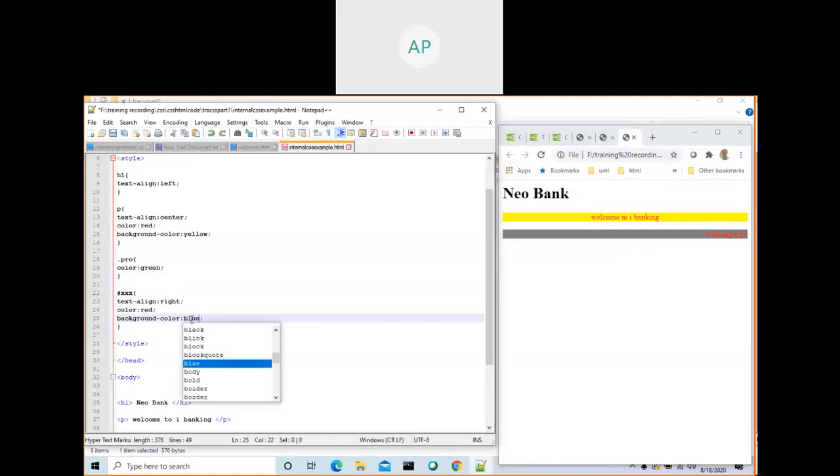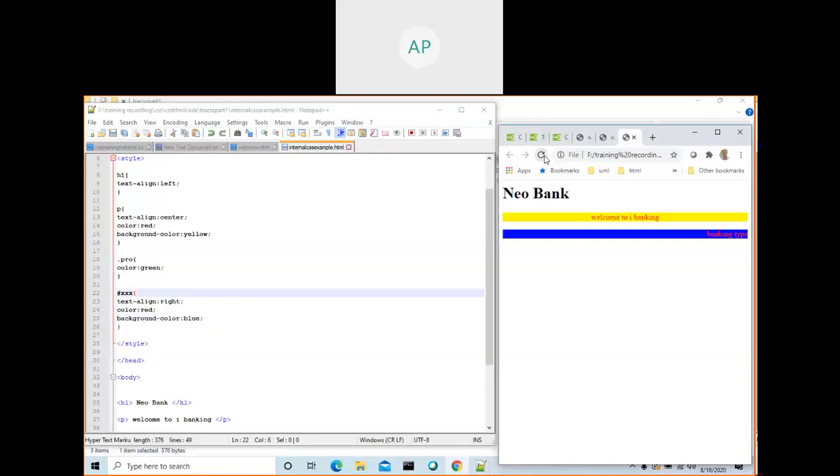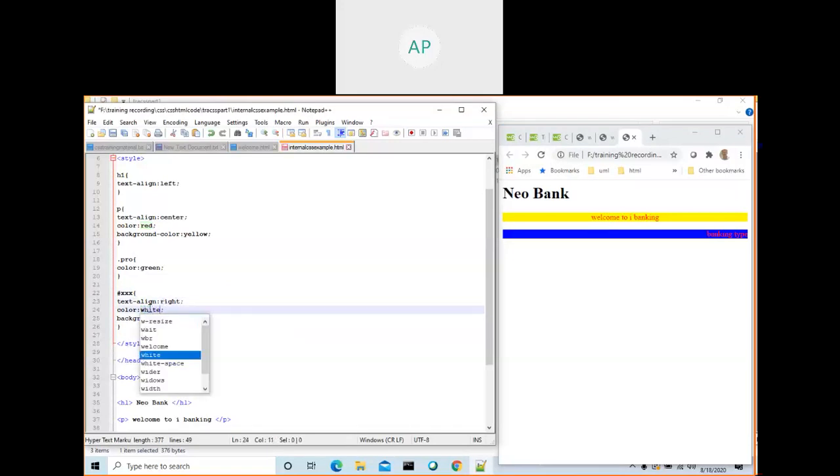Blue. See here, the background color is blue, color equal to red, and the text element on the right-hand side color white, WHITE, white.